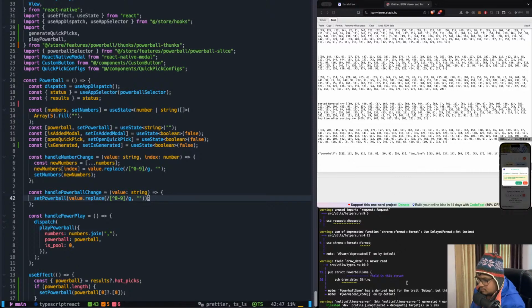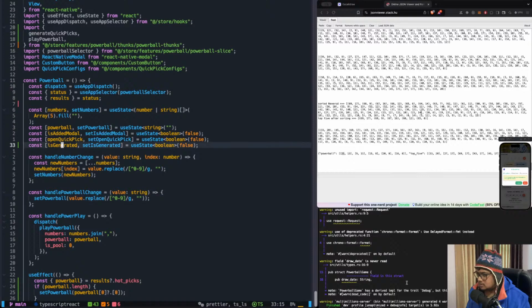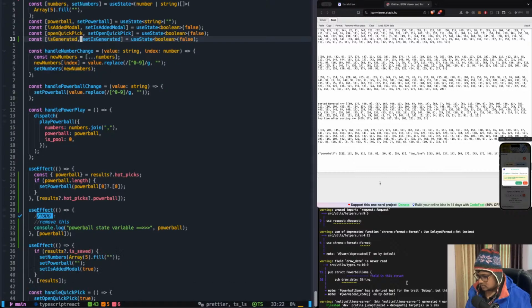No, it didn't work. Why didn't it work? Let me just check. Is generated? It's false. It is generated. We need to update this as well. So we have this true over here, and as soon as we do this,